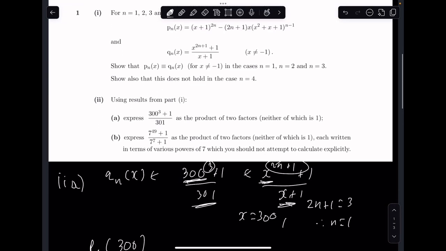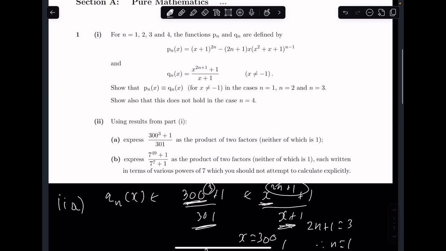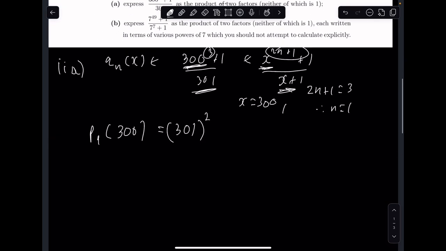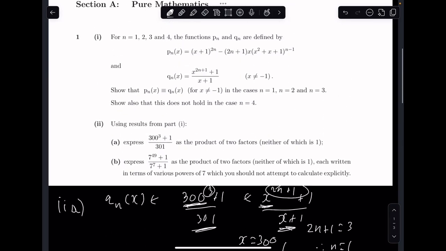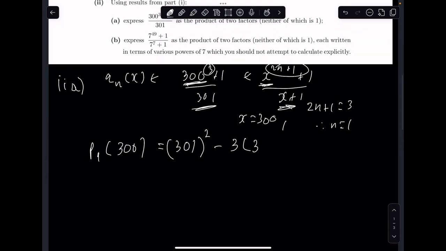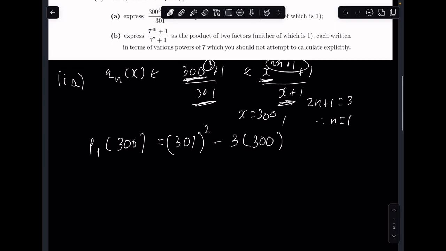So it's x plus 1 to the power of 2n, so it's 301 to the power of 2n, which is squared, minus 2n plus 1, so that's just 3, times x, which is 300, and that is all multiplied by that bracket to the power of n minus 1, so 1 minus 1, which is 0, so that just evaluates to 1. So this is our final expression, so it's 301 squared,